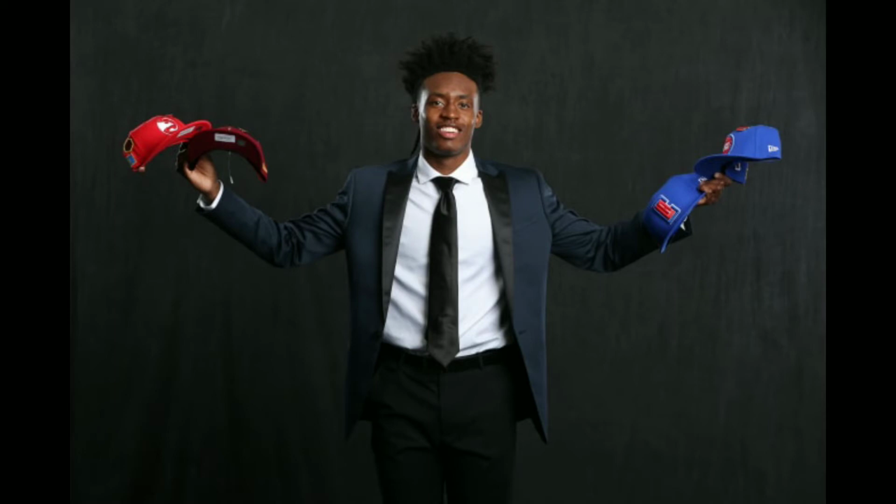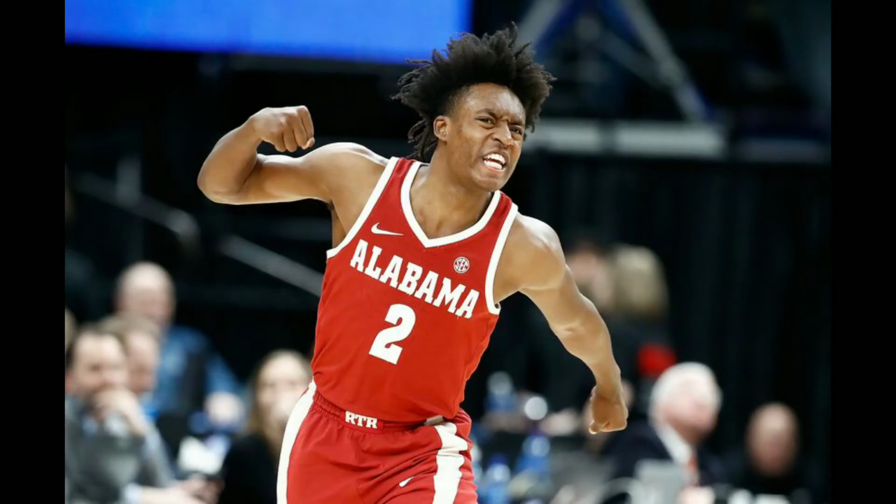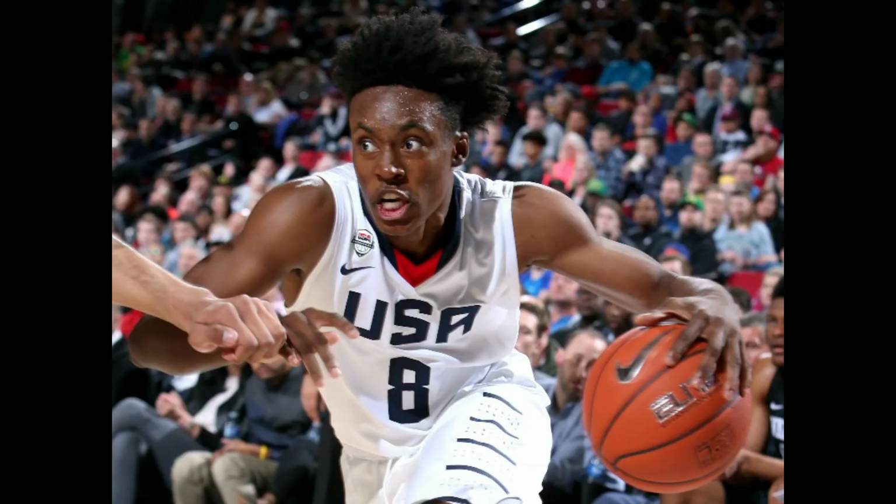and then uses that jump shot to set up the rest of his game, changes speeds, uses that combination of quickness and power to explode to the rim. Here it keeps Tremont Waters guessing, plays off that hang dribble and explodes, gets into his body. Shot 10.2 free throws per 40 minutes as a freshman, and then his ability to get downhill and pick and roll should open things up as a playmaker. Not the most natural passer, but his ability to live in the paint will allow him to make others better